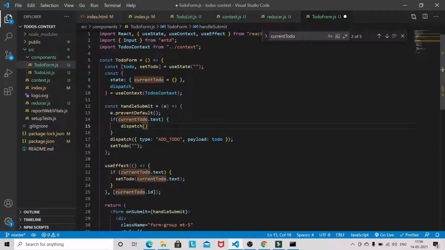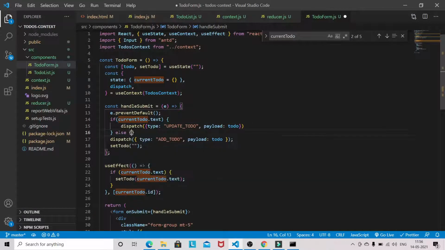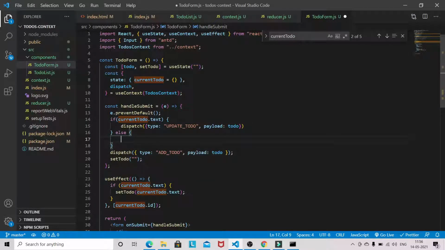Okay, so we can pass that action type UPDATE_TODO, payload todo, and this will be the else part.